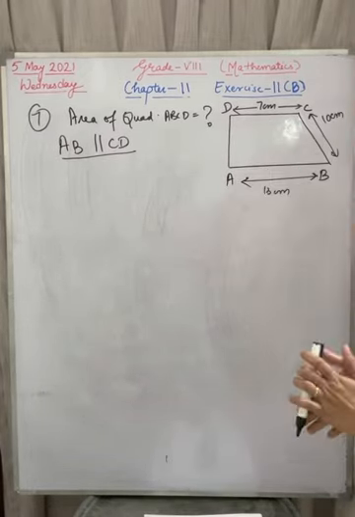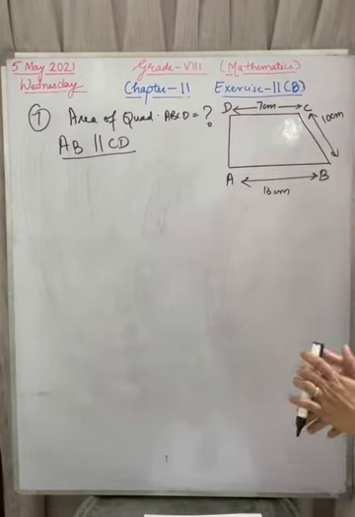What is the perpendicular? Perpendicular is the height. How much is the perpendicular? Not given. Very good, perpendicular is not given. That is the height. What is the base? Just now we have taken it out. Very good, yes, I am reading your messages. Absolutely correct, that is 6 centimeter.